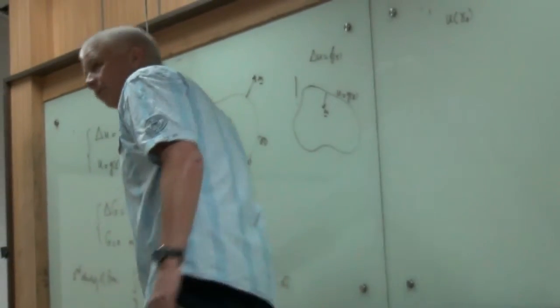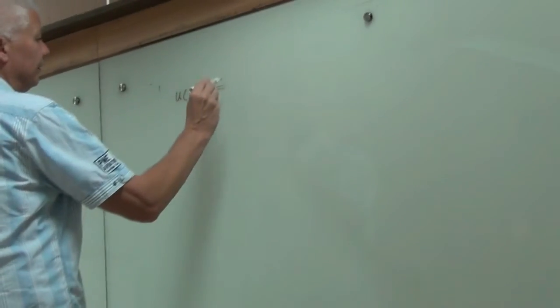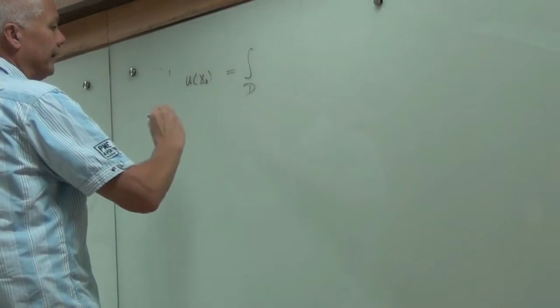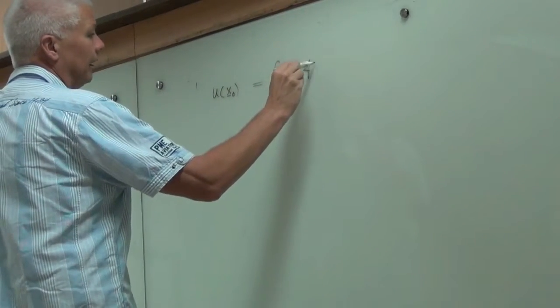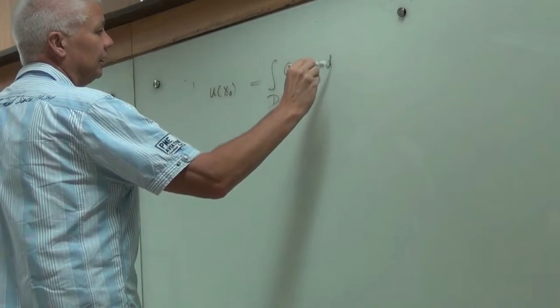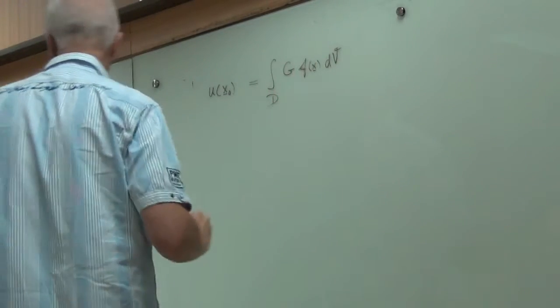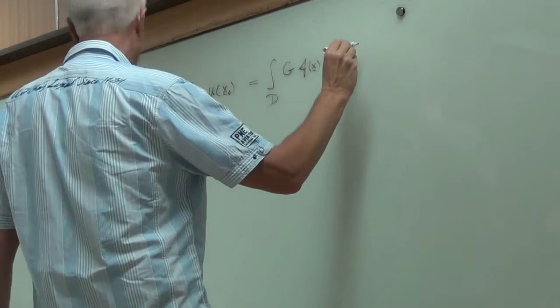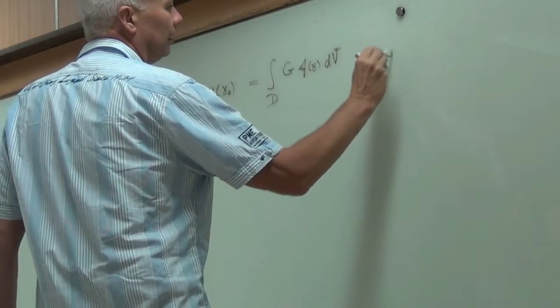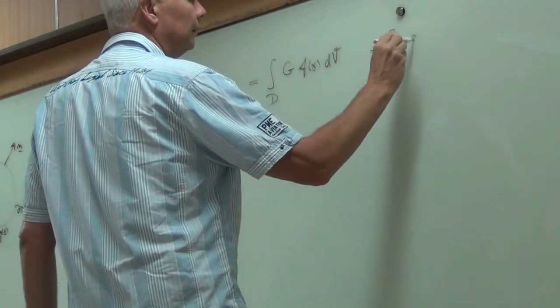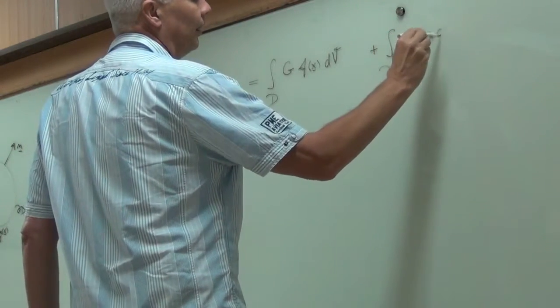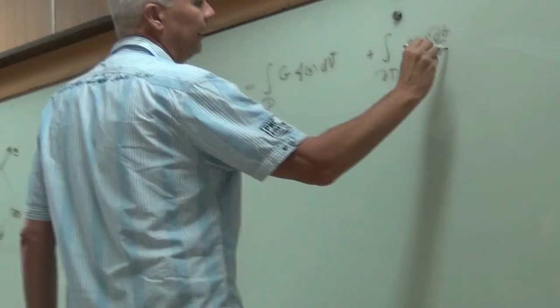This integral, if I know G, I just have G times f. I can put it to the other side. Then I get the integral over my domain of G times f(x) dV, plus the integral over the boundary of my domain of small g times dG/dn on the boundary,